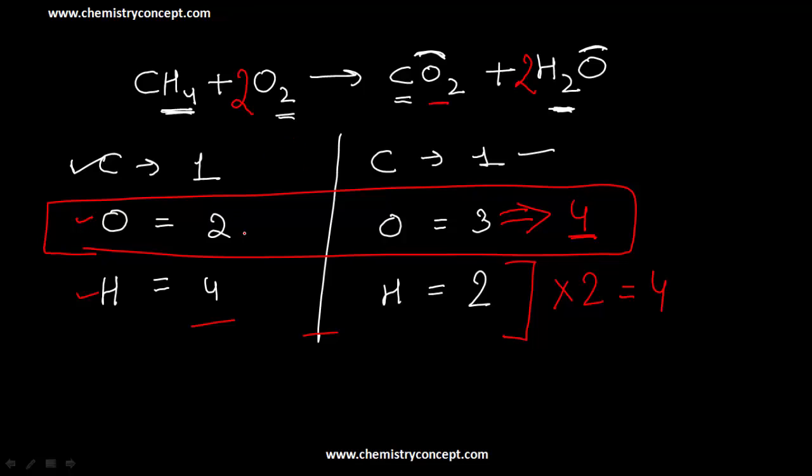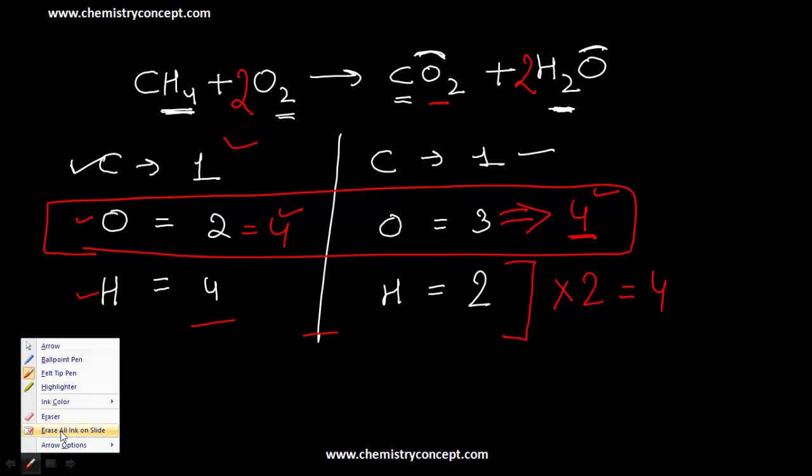Now what I can see is my hydrogen is balanced, oxygen is also balanced, and carbon is also balanced. Carbon, hydrogen and oxygen are all balanced now. So this was how to balance a simple reaction. Now let me give you an example of another equation, a little bit more complex one, in which